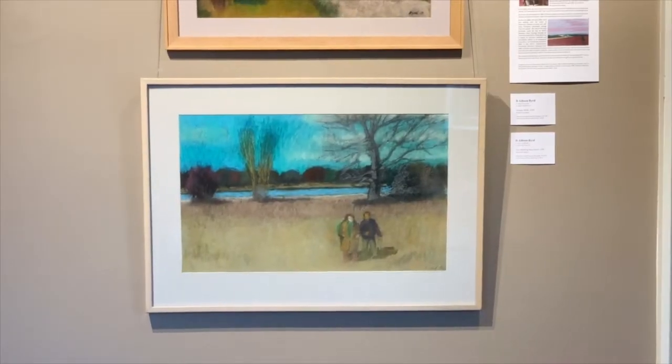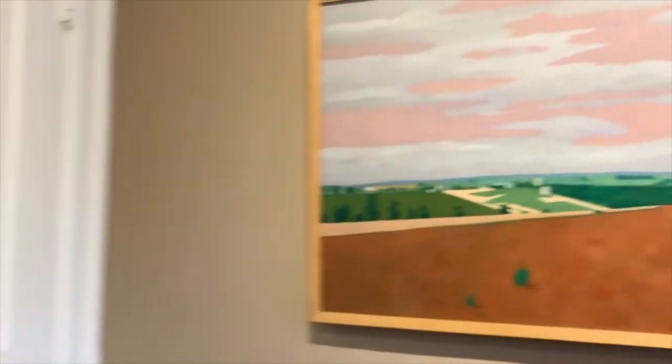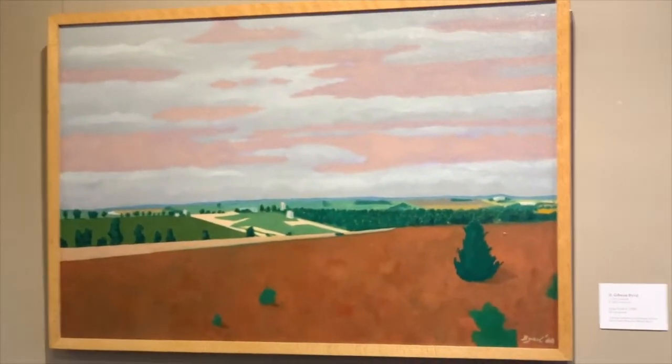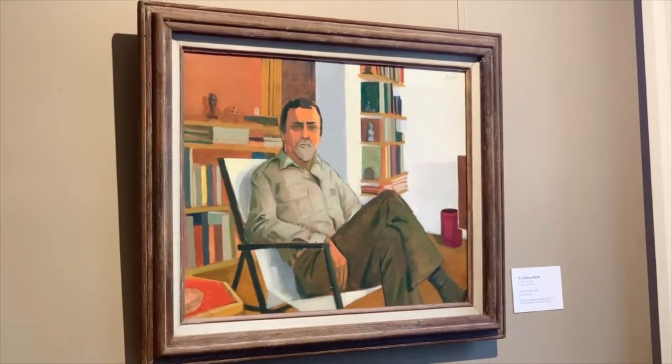I'm at the Cedarburg Art Museum today with a showing of recent additions to the museum's permanent collection. The art of Gibson Bird is in this room. The 6 pieces were recently acquired thanks to the gifts of the son and daughter of the artist, Brian Bird